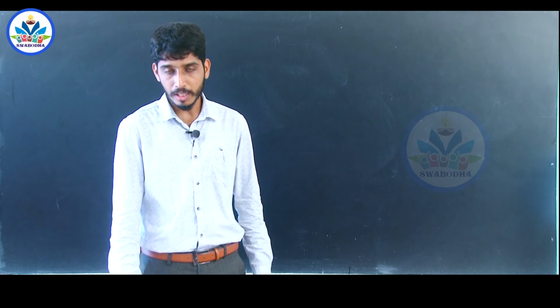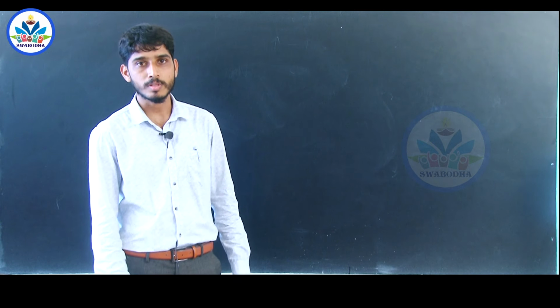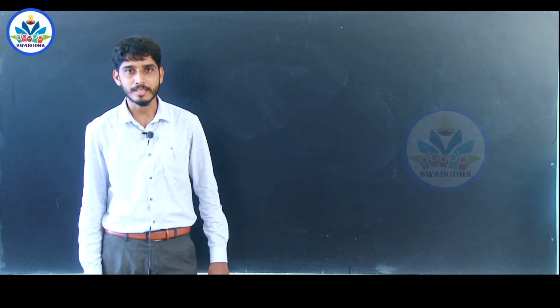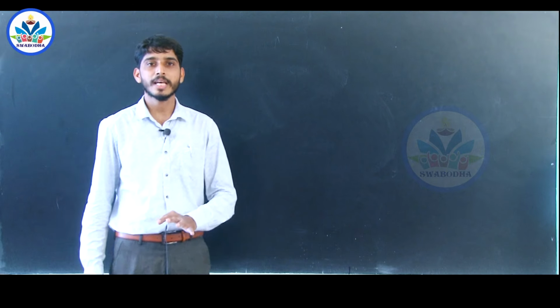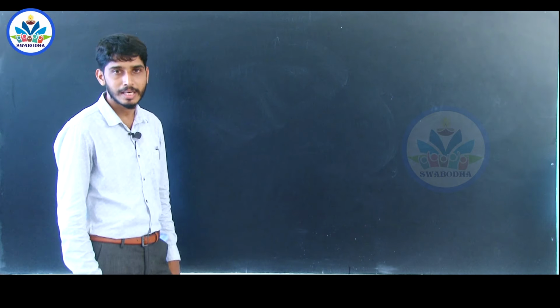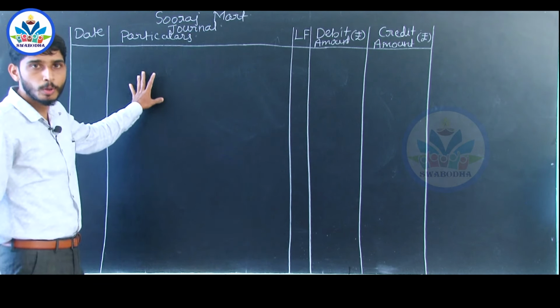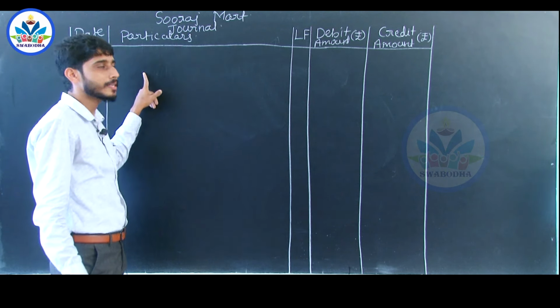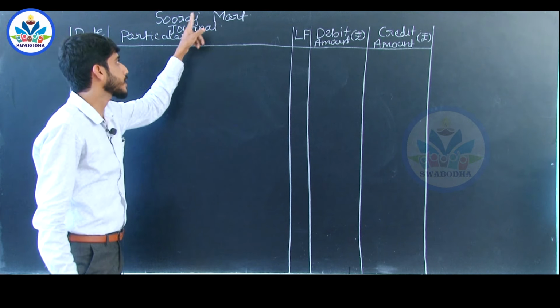Suraj Mart furnishes the following information. Transactions during the month of April 2014 are as follows. The transactions for the month of April 2014 have been furnished. By analyzing these transactions, we are supposed to pass the journal entries. Now we will analyze these transactions in detail, and accordingly, by following the rules, we will pass the journal entries. Now this is the format of journal entries. We will record the transactions or pass the journal entries related to the business, that is Suraj Mart, for the